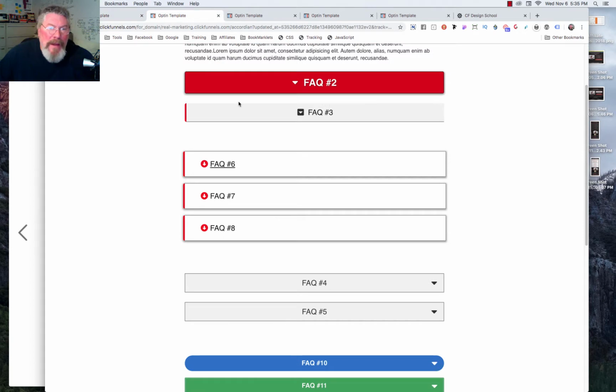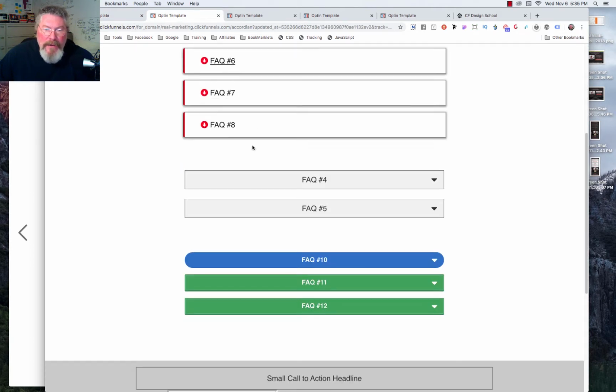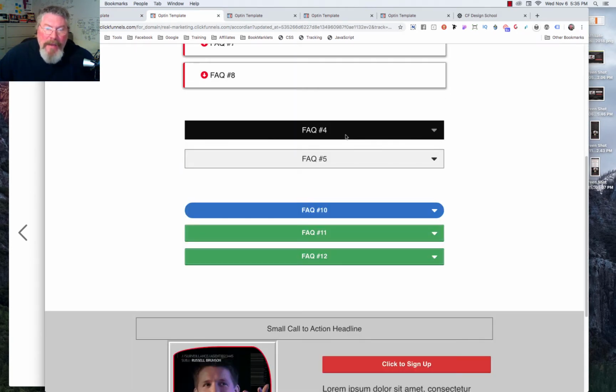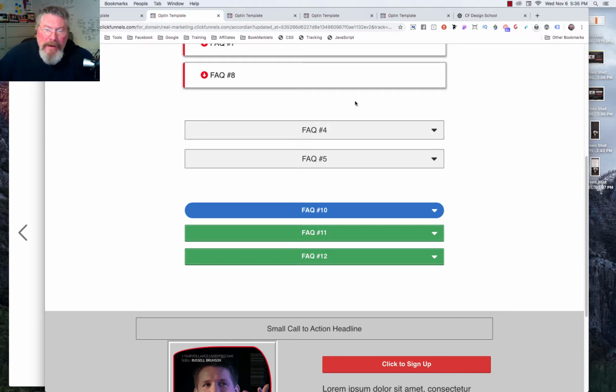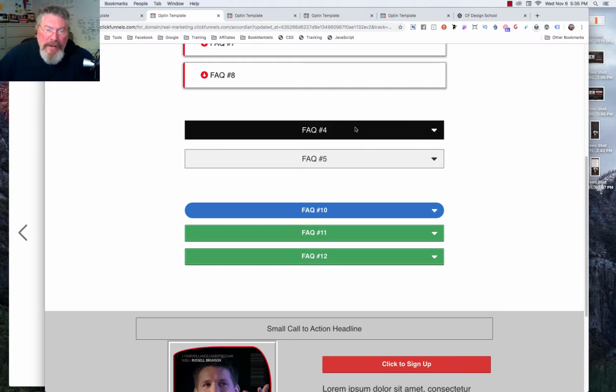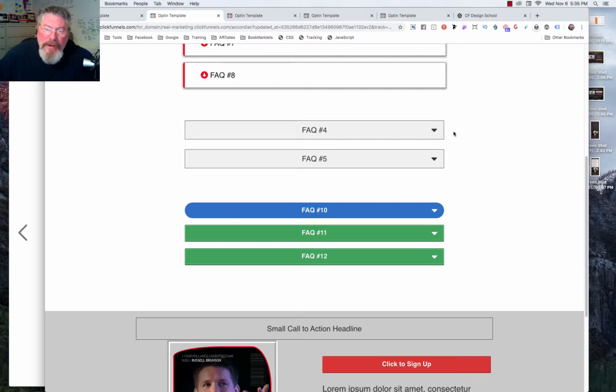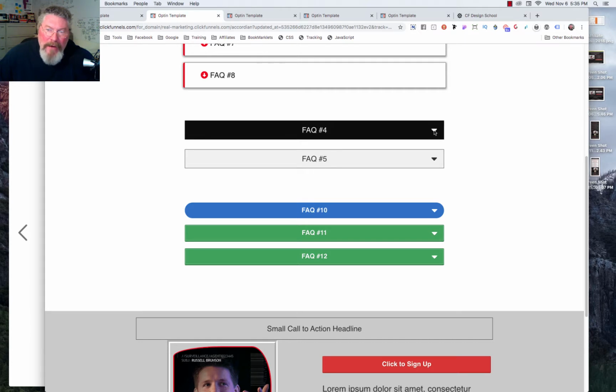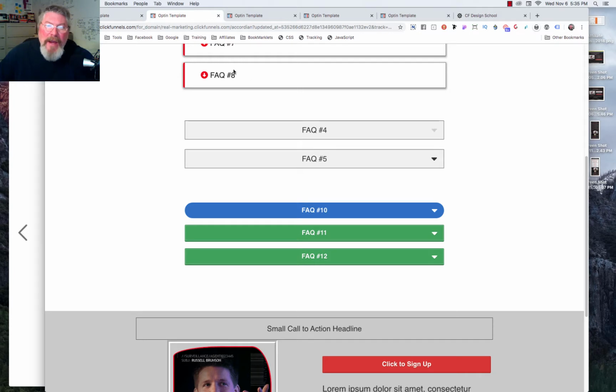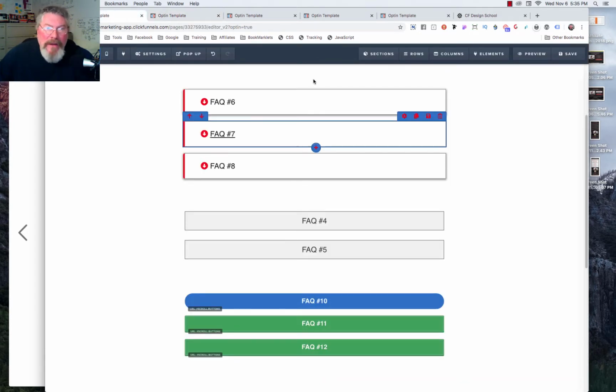So now let's go back into our funnel and let's go down to the third section. The little bit of changes I made here is as you come in on your hover, it turns it black, and then the color of the text turns white, and then also the caret here will also turn white. But you'll notice as I come in and out that it doesn't do it white automatically on the caret, because again we have the I tag, we have some CSS on that saying that it needs to do a transition over